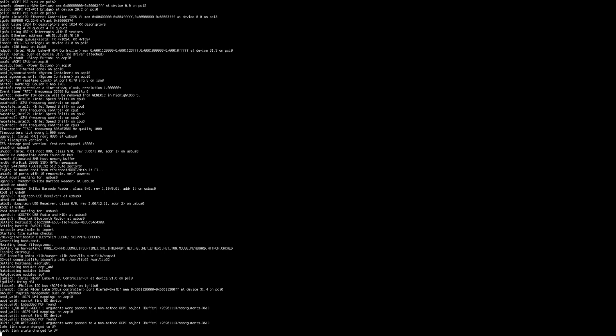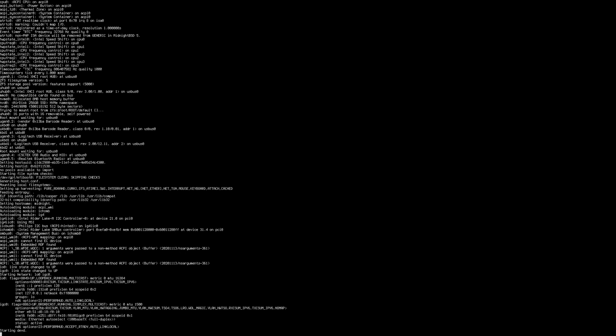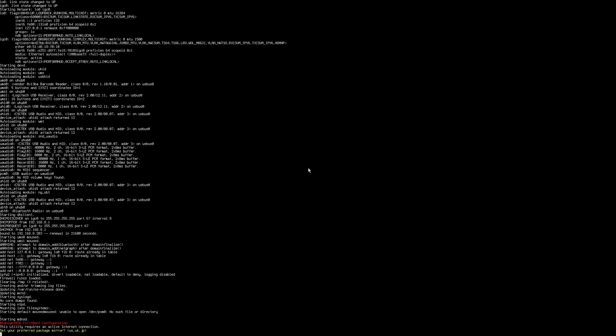While it's loading up, I'm going to look up MidnightBSD install XFCE, because I do generally like XFCE even if I don't normally use it. Okay.